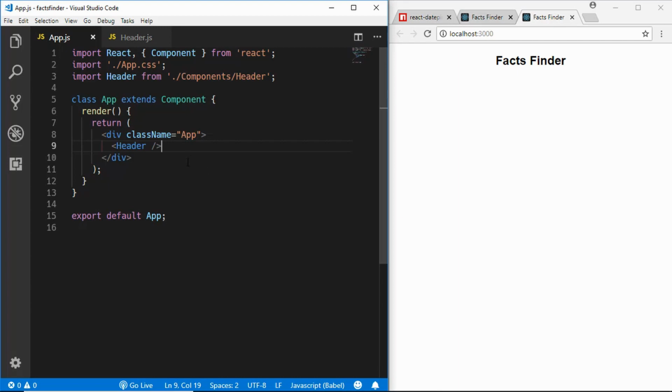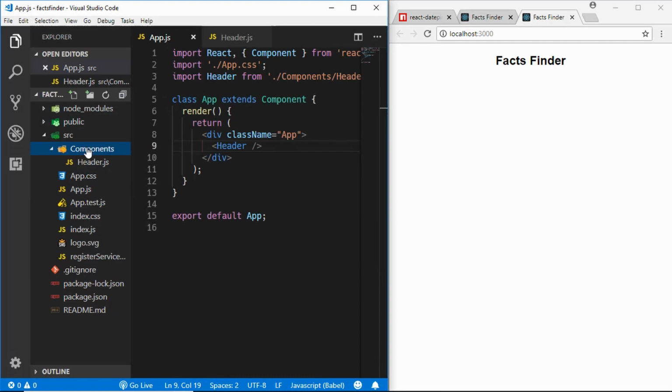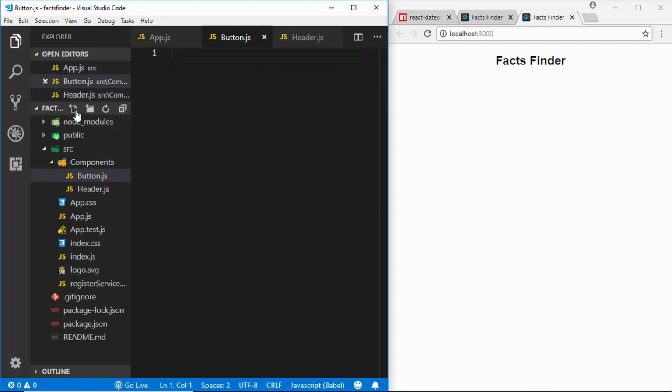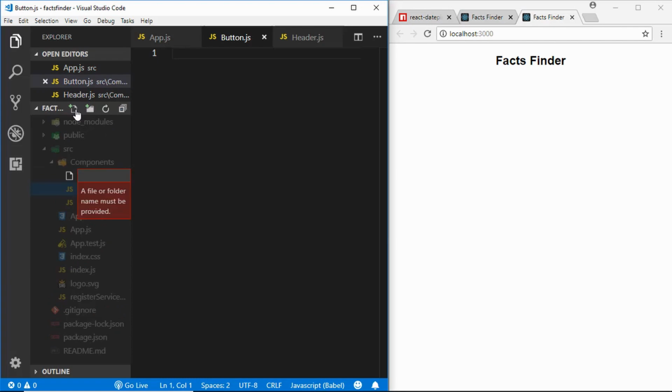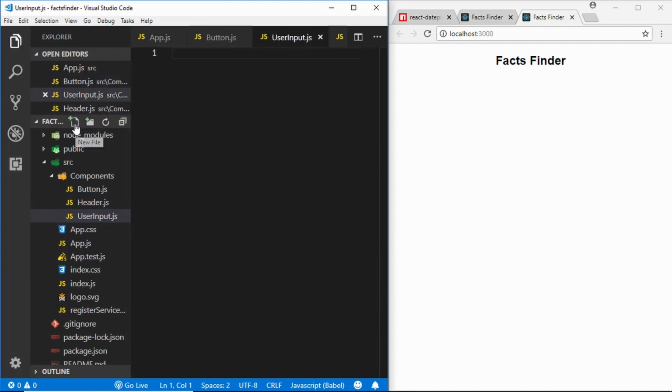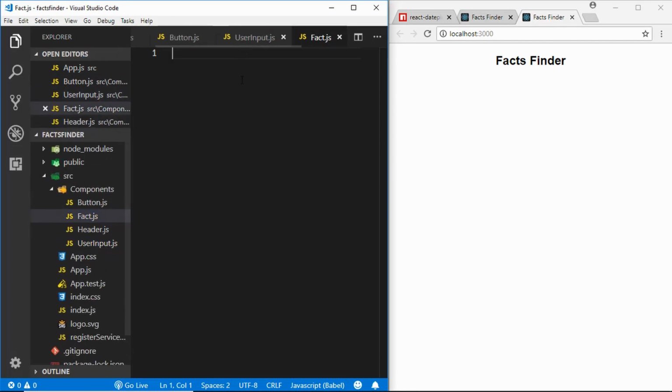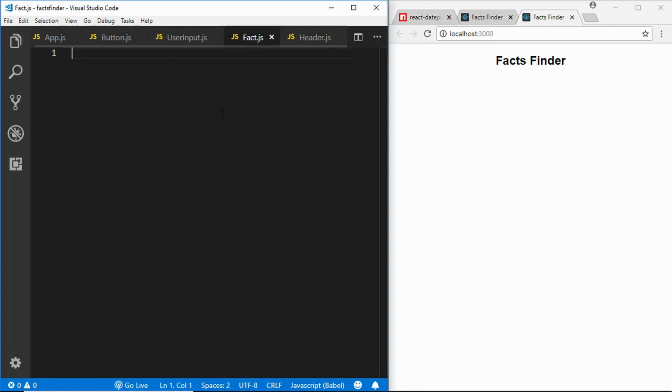Now we'll create the other components that we need to have. We'll open our file manager, and inside the components folder we will create a new file called button.js, and then we'll also create a new file called userinput.js, and then one more component called fact.js. So we'll just copy everything from header